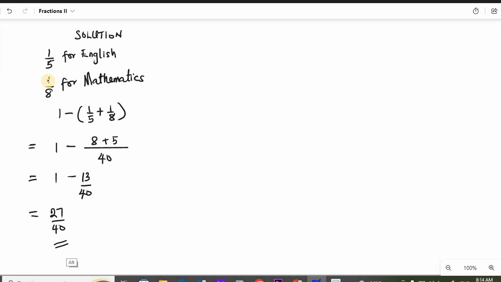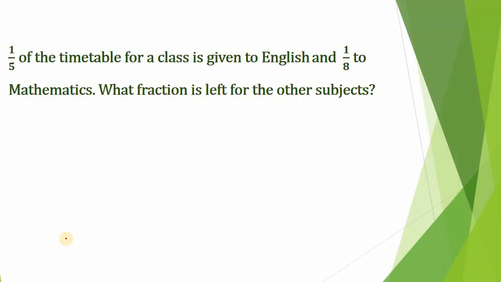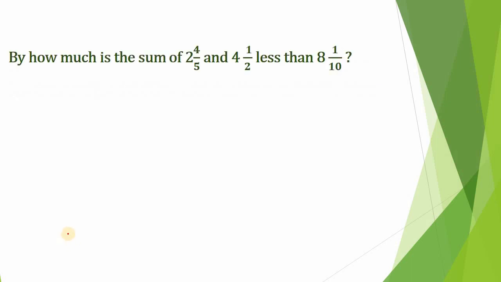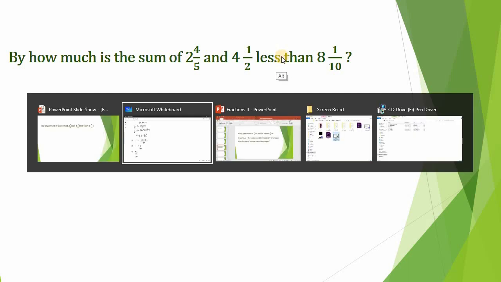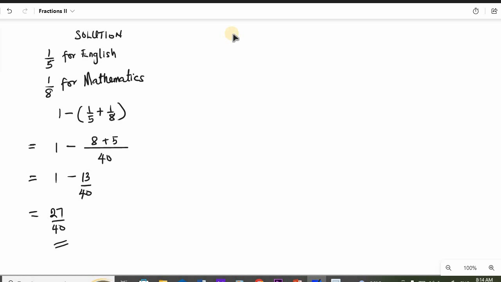Okay, so to the next question. By how much is the sum of 2 whole number 4 over 5 and 4 whole number 1 over 2 less than 8 whole number 1 over 10? So this is a really simple interpretation. Okay, I'm going to draw the line here. The interpretation of this is 8 whole number 1 over 10